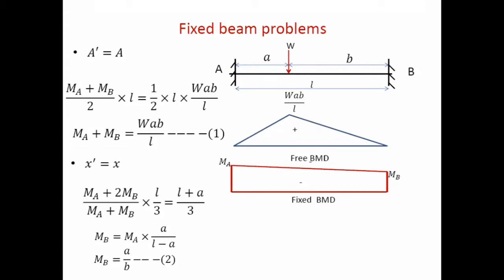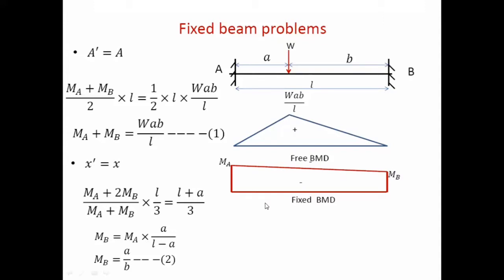This is simple. And we will just plot these values. When ends are simply supported, bending moment on simply supported ends will be 0. Hence, in free BMD, bending moment value on support A is 0, and again on support B also it is 0, because we have removed the fixity and we have made these supports as simple supports. Now we have to come to the fixed BMD. Now in fixed BMD, since the loading is not symmetric, we shall assume that moments are unequal on both the ends.